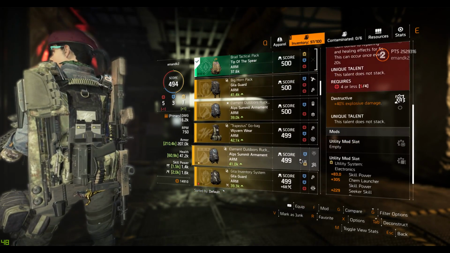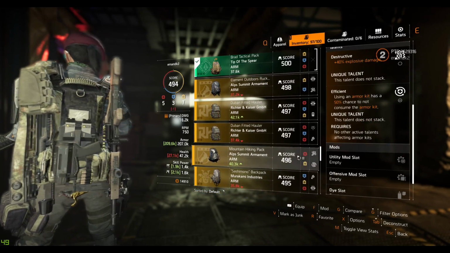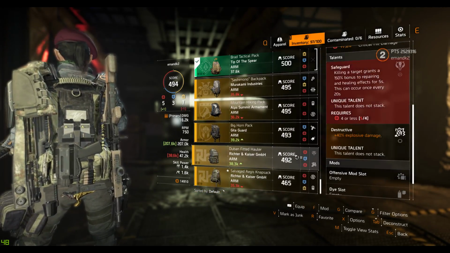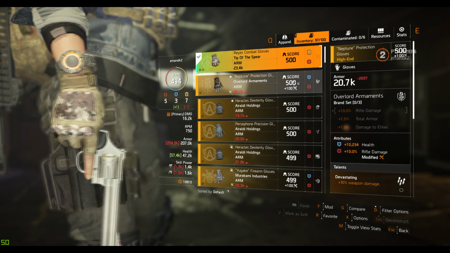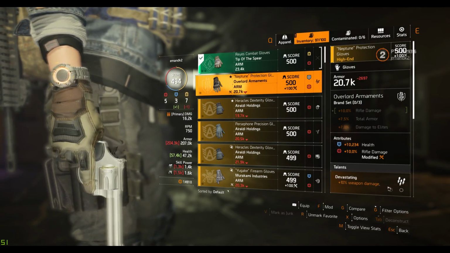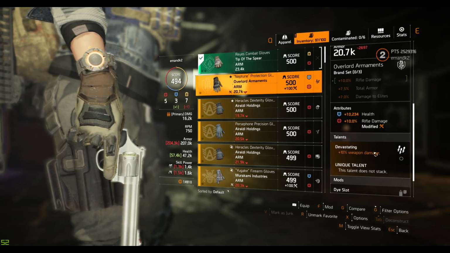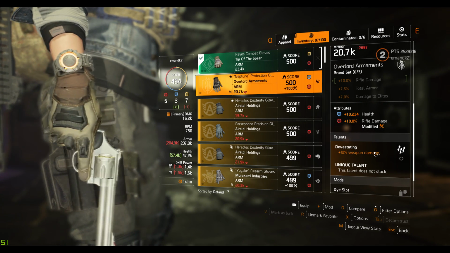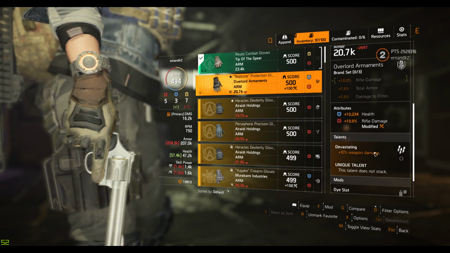I don't think it received any kind of nerfs or buffs in the sense of the way the build works. There's another talent that I actually do want to show that I think is adding a very huge value, and that is Devastating. Devastating now has 10% weapon damage by itself. Now the talent does not stack. What that means though is that it now allows you to run this